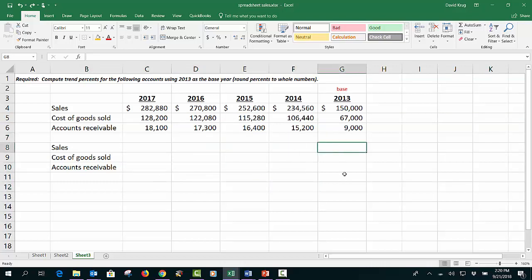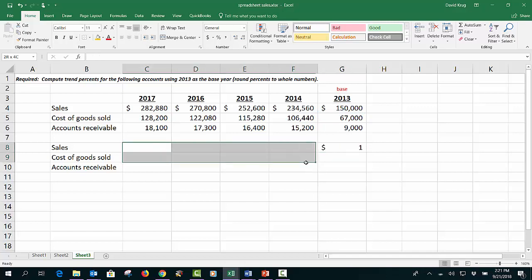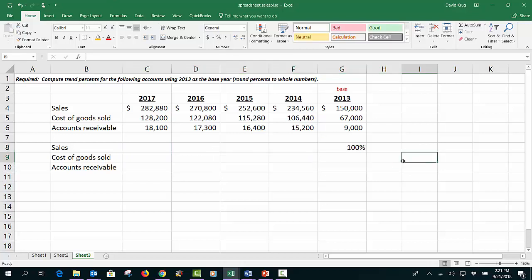But what we're going to do down here is figure out these trend percents. Well, the way that you do that is you say plus the value right there divided by the base year, or the base value for sales in this case. Now when I push that, it's 1. I don't want these to be dollars, I want these to be percents. So let me highlight that data and then push percent. Okay, that's what we want,